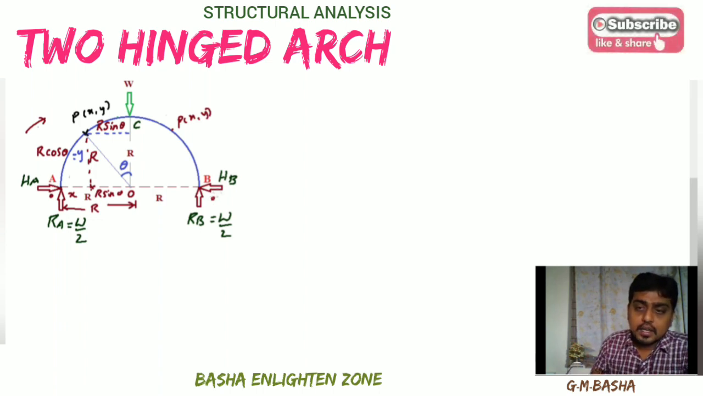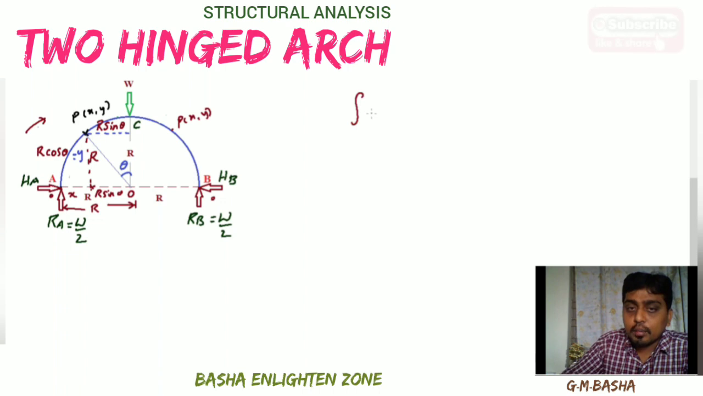procedure, but to get the moment in the left part, which is from A to C. Due to the symmetrical conditions, the load is acting exactly at the center, so this is a symmetrical arch. Whatever moments you are getting here, the same moments are obtained in the part CB also. So that is the reason I am considering it in the format of 0 to